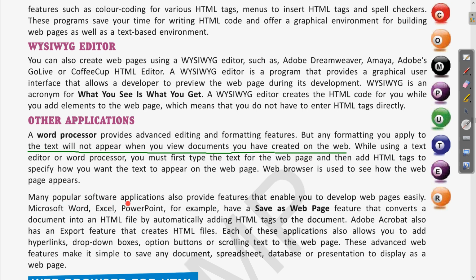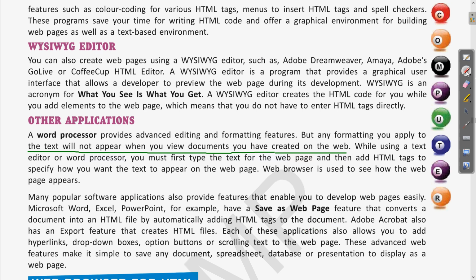Many popular software applications also provide features that enable you to develop web pages easily. Clear? According to the different software, the ease of development will differ. Software like Microsoft Word, Excel, PowerPoint, for example, have a save as web page feature that converts a document into an HTML file by automatically adding HTML tags to the document.